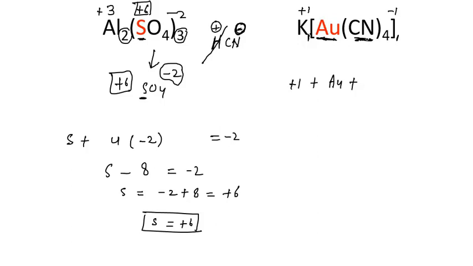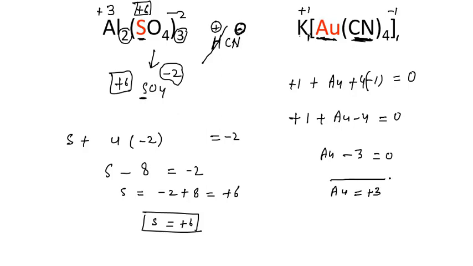But anyway, whenever cyanide ion is given individually, for carbon and nitrogen you don't need to plug in the oxidation number. Overall charge you can plug in, that is -1. Here we have -1. There are 4 cyanide ions, so I multiplied by 4, and it is equal to 0. I take it as neutral, because potassium we have considered. Then here we have +1, and here we have Au, and -4 is equal to 0. Then gold will be -3 is equal to 0, so gold will show +3 oxidation number. So it's a very easy and interesting part. You can see in this complex gold shows +3 oxidation number.